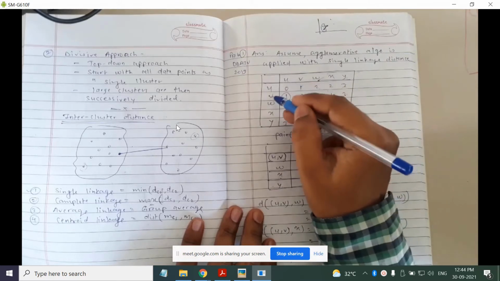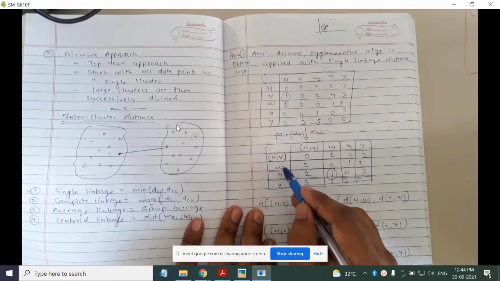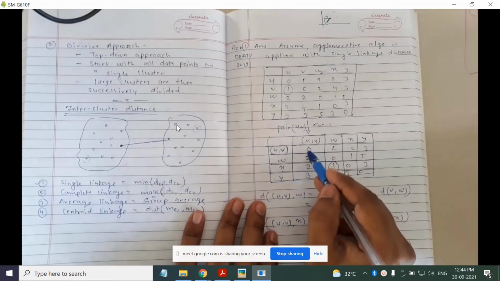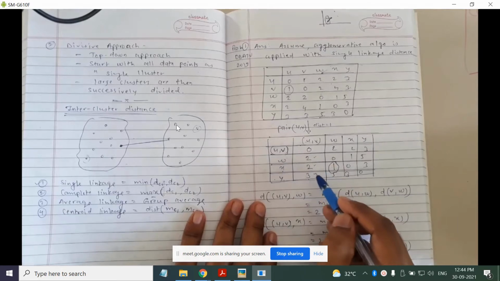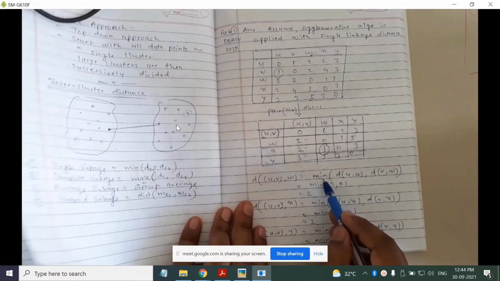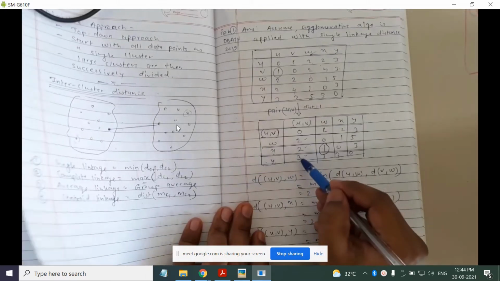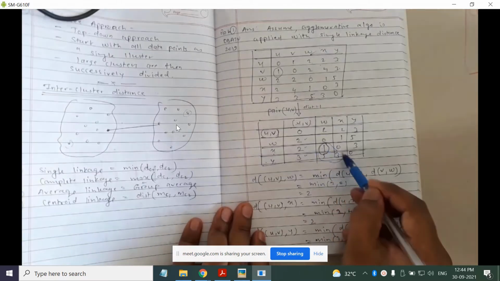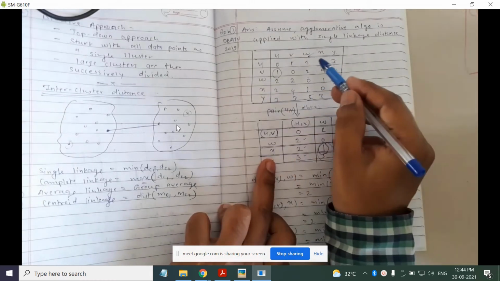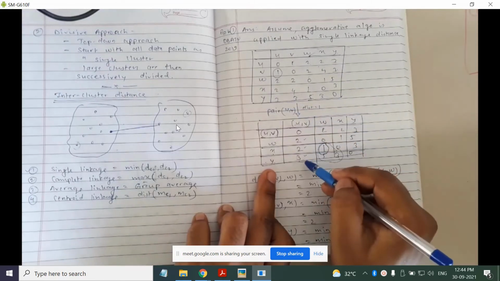So these 2 clusters U and V are the closest ones. You merge them. U and V are merged. Then you have to recalculate the distances for that particular row. The linkage that we have assumed is single linkage, so you have to use the minimum formula. You update the weights, so 2 to 3, these distances are updated. There was no change for the others because the distance between W and X will remain unchanged. W and X is 1, W and Y is 5, X and Y is 3. So these 3 distances are updated.